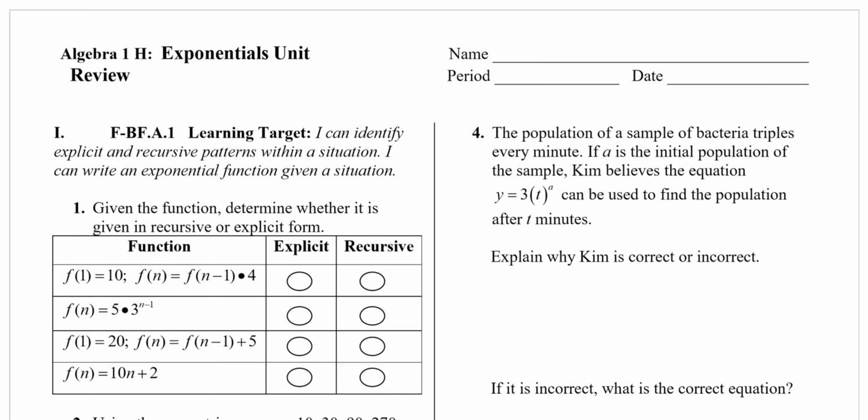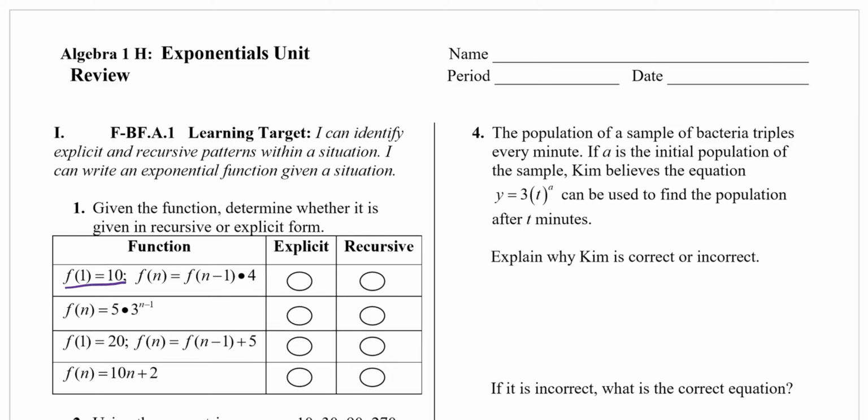So if we remember right from class, explicit was given in the form of it looked like a linear function or an exponential function, and if it was recursive, that's the way we thought about it in our head, which was you take the previous term and you multiply it by something or add something to it. So if we look at the first one, f1 is 10, so we're given the first term,